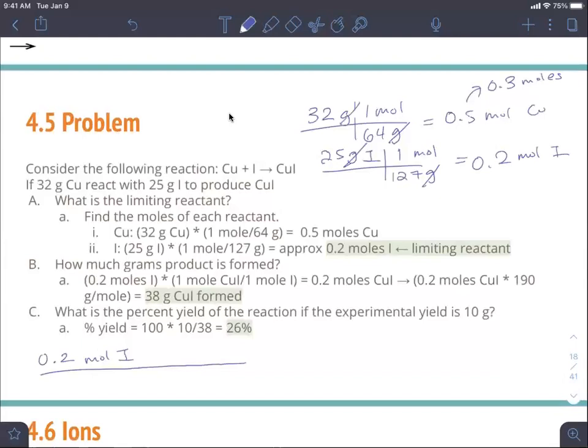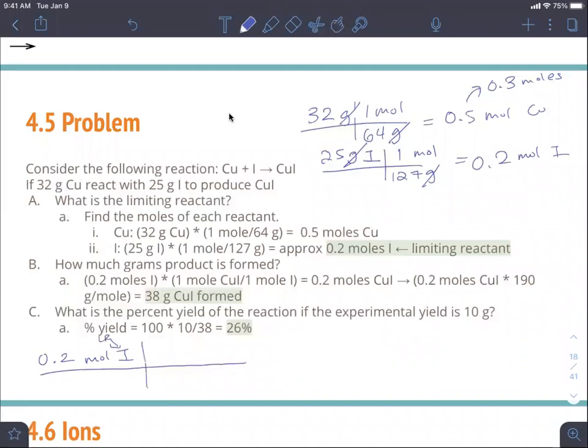Because if you just think about it, you can't use copper because after you get to 0.2 moles of copper used, then there's no more iodine left to react with. And so you would basically be far overshooting the actual yield of the reaction if you try to use copper in the stoichiometry for this reaction. So you would use iodine, the limiting reactant,